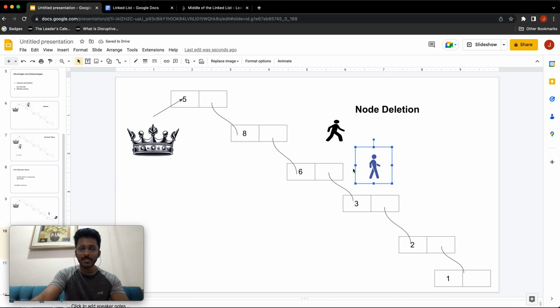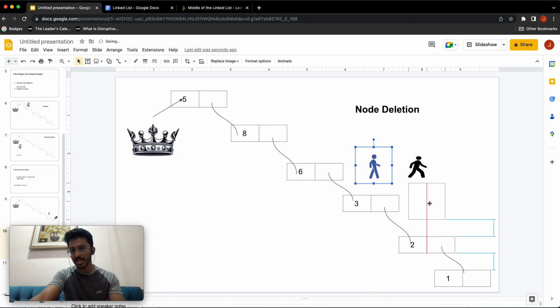Okay, so say we want to delete an element whose value is 3. So how do we do that? So in the next iteration, he will come here, and this guy will go here, and this guy will say, hey, I have found the value, that is 3. So what do